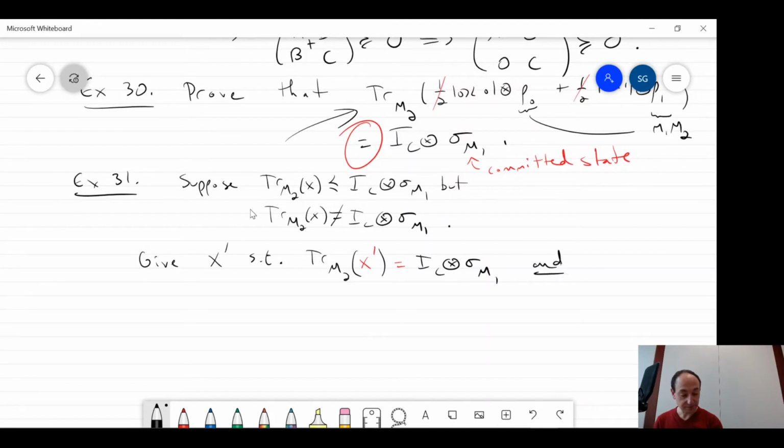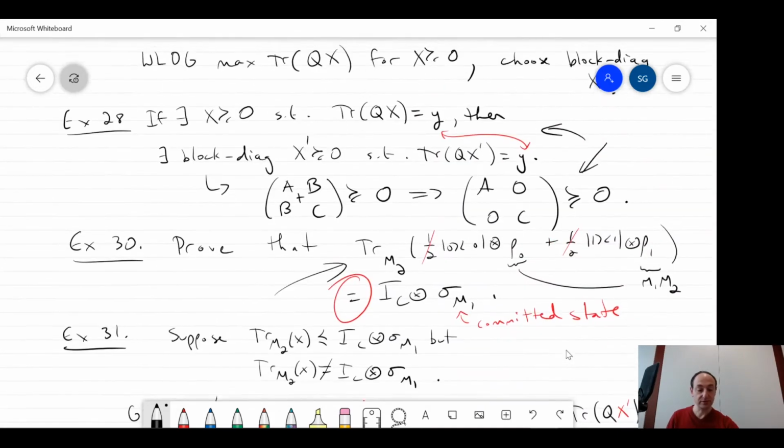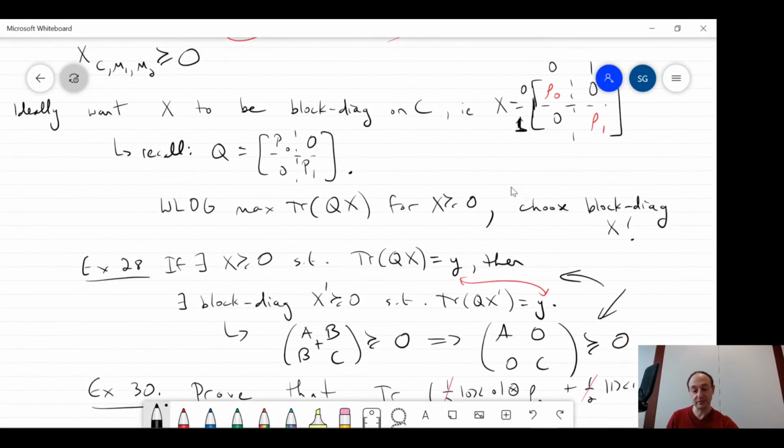And the trace of, this is the objective function, right? If I plug in x prime, it can only be at least as big as the original operator x. Okay? This is the exercise, and again, these are all cute exercises. This is how you formally prove that you can assume certain structure in your SDP without loss of generality, without explicitly having to write it out. Okay? And the last thing I want to point out, which is currently a typo in the notes, and I do have to fix it, is